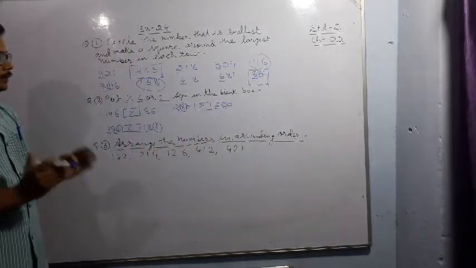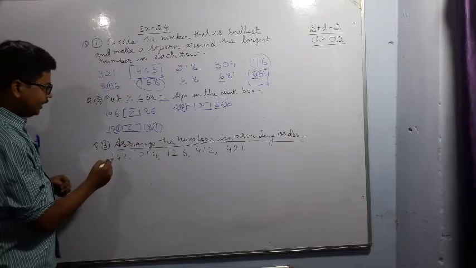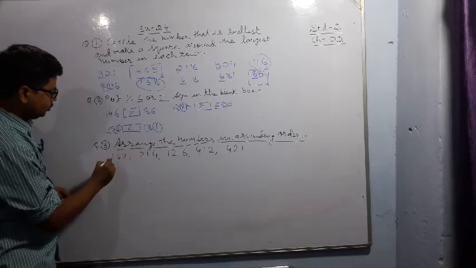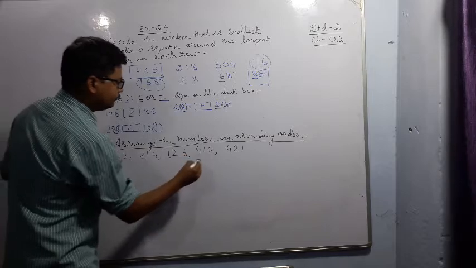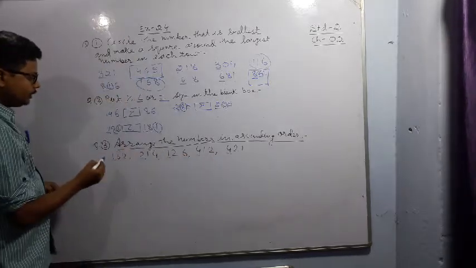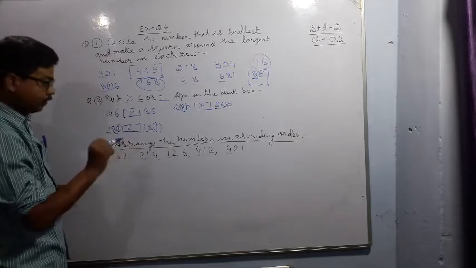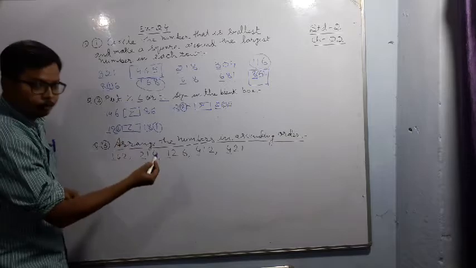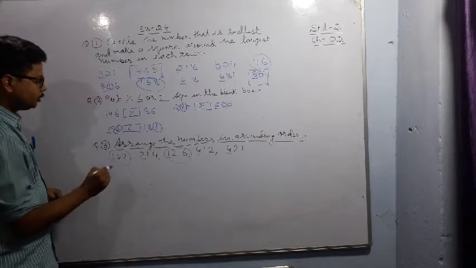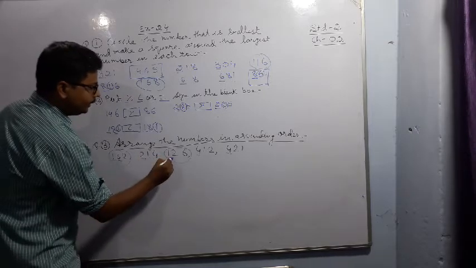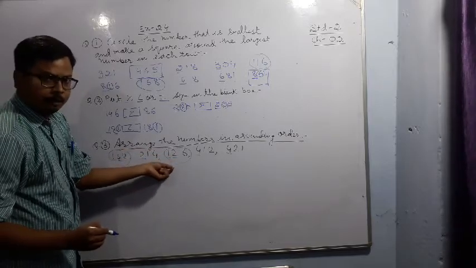Now let us see which is the smallest number in all these numbers. We have to see the hundreds place first. So this is 1, this is 2, this is also 1, this is 4 and this is 4. So here you can see we can find two numbers which are having hundreds place 1. Now let us see the tens place of those numbers. That means 162 and 126. So here tens place is 6 and in this number tens place is 2.